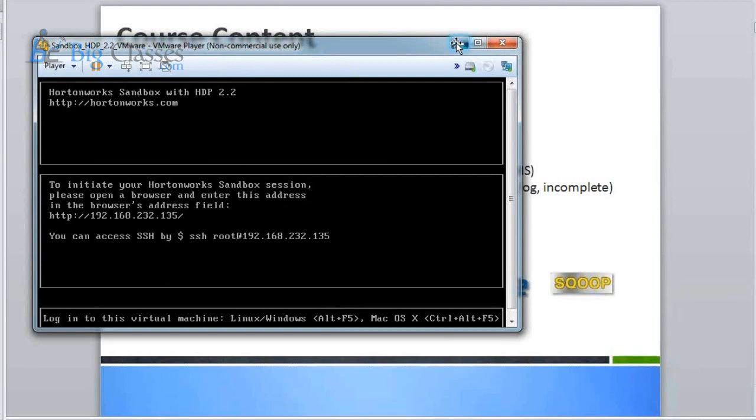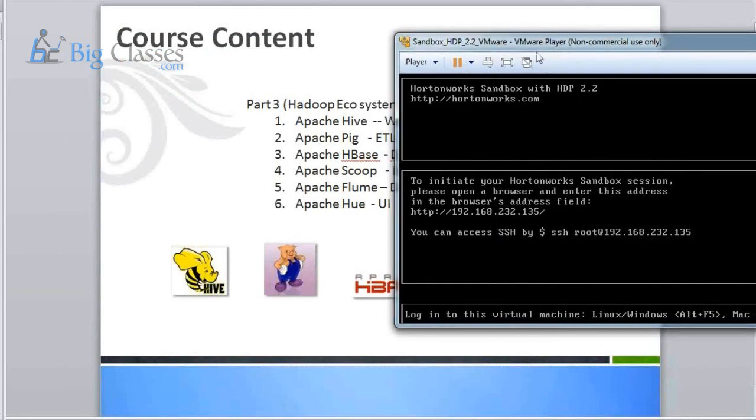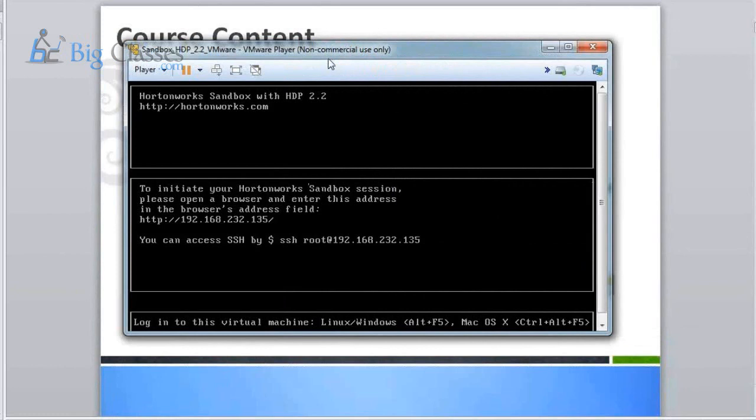With that we can start. This becomes a sandbox, a playground for you, where you can try all the things we're seeing here. The examples and the material I'm going to share center around this VM, so you'll have hands-on exposure to these components.